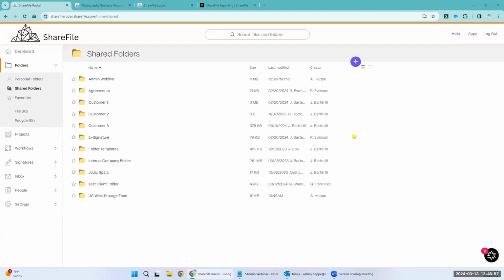So that's a great question as well. Remember, super users are only admins on files and folders, not on the entire account. When we're talking about files and folders, they are the admin for those files and folders, and that's the only thing the super user is. When we're talking about an admin on the ShareFile account, we're talking about what permissions they have in ShareFile to